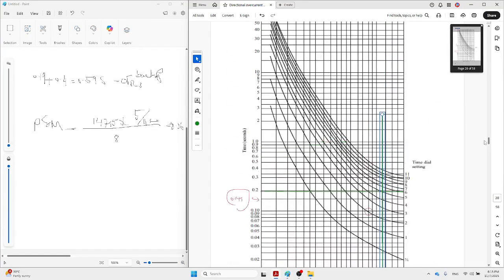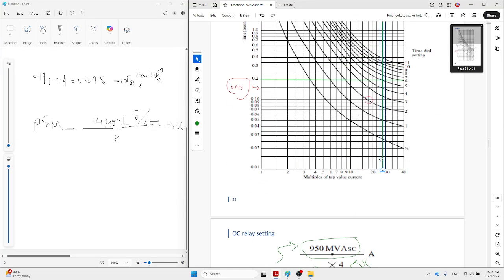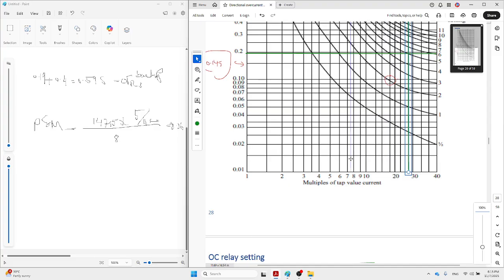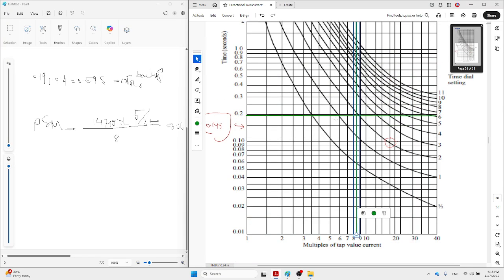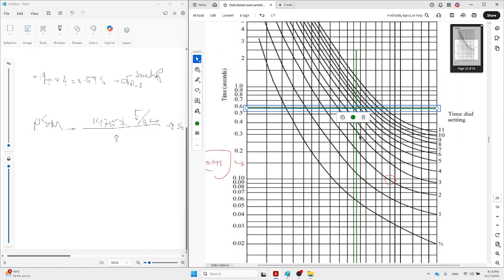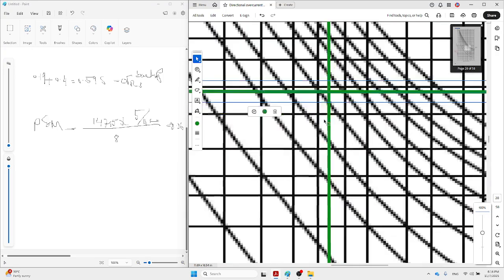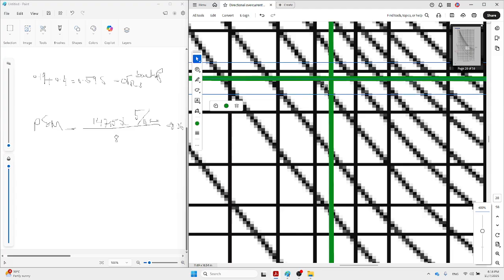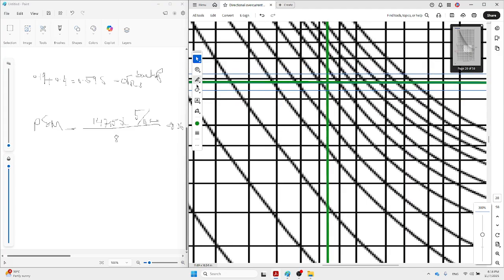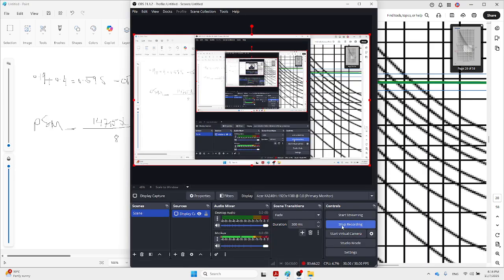Let's see. Change this one to 8.36. This is 8.36. Assume it's 4. Okay, in my view it is working. So the operating time is considered as 0.59. Assume it's 6. A bit less is here. So which one can we choose? Again, this one cannot be chosen. So we have to go for the other one, which is, wait,